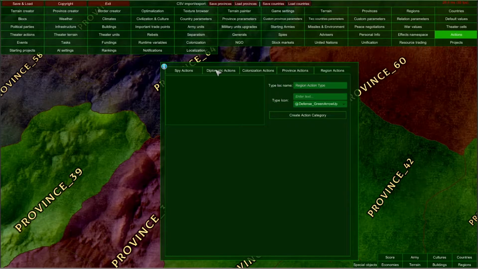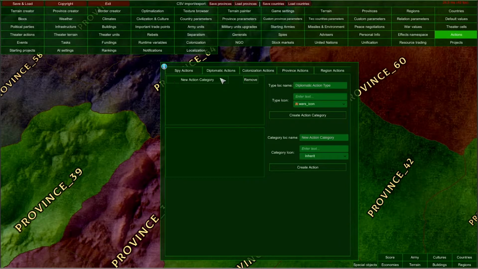For example, let's set up a sample diplomatic action, declaration of war. First of all, you have the diplomatic action type category here. After selecting it, I can create an action category, which is of the diplomatic type. This is our way to organize our actions, because all of them are displayed at the same time during the game.